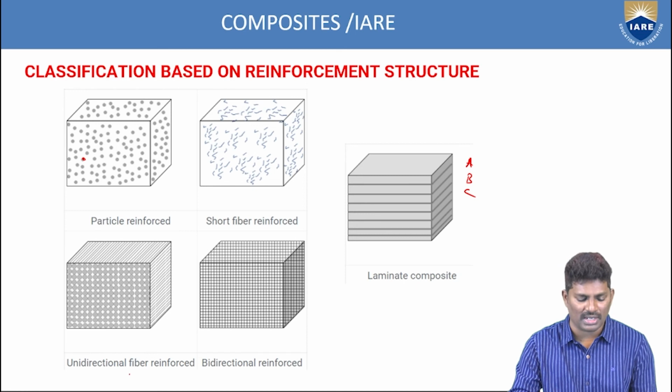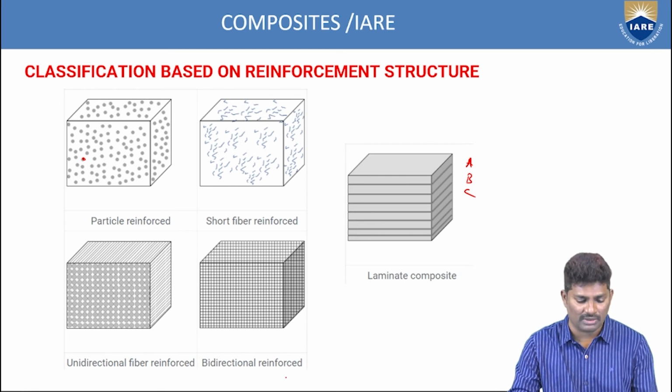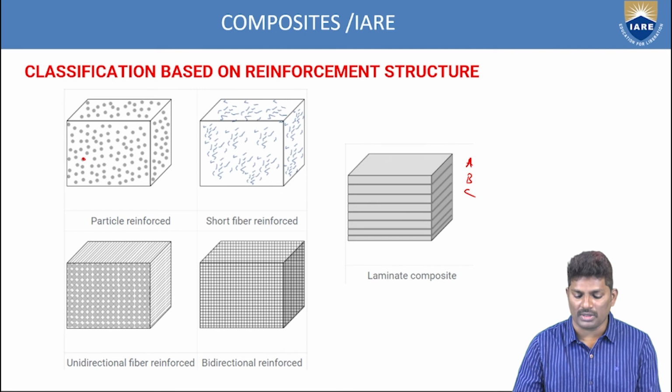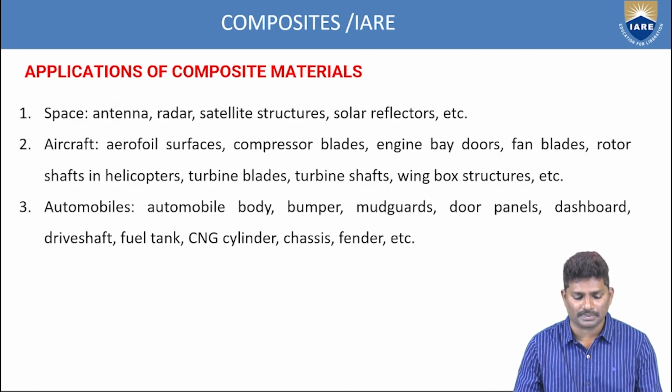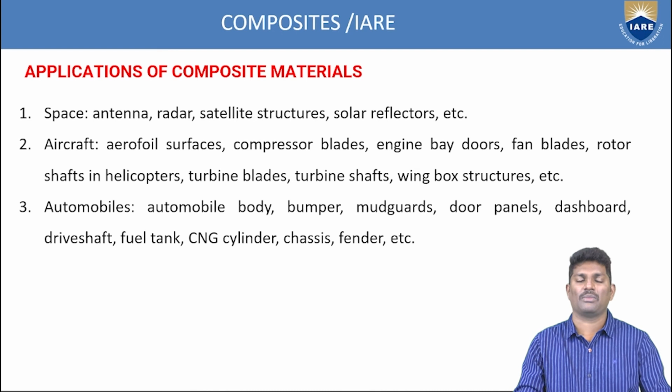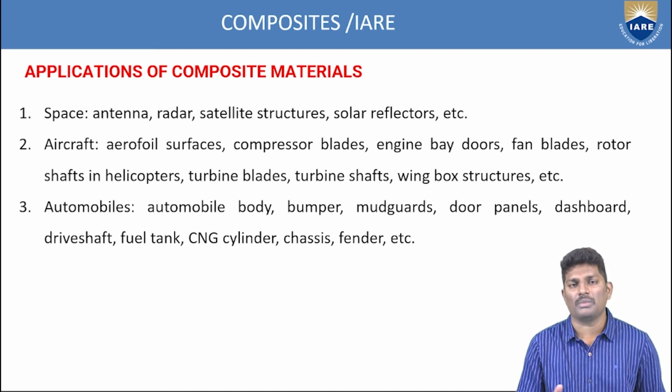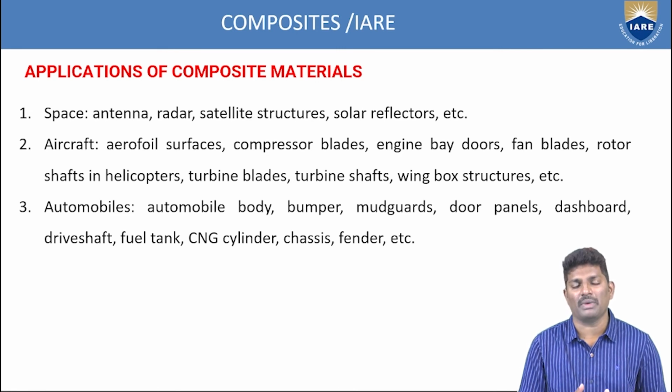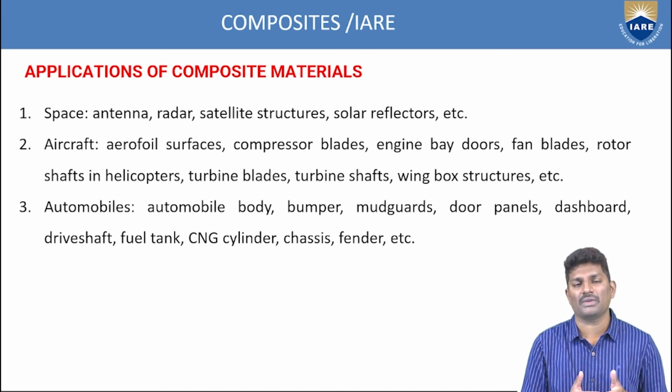Like that, you have unidirectional fiber reinforcement, bidirectional. If you see the structure, you can easily identify what type of reinforcement we are doing inside the material. So these are the classifications based upon the reinforcement of the structure. In this session, we have discussed what composite materials are, and how composite materials are classified, based upon the type of matrix and based upon the reinforcement. Based upon the classifications, we have matrix types, that is thermosettings and thermoplastics. These are the two main things we have to identify in the selection of any type of composite material.